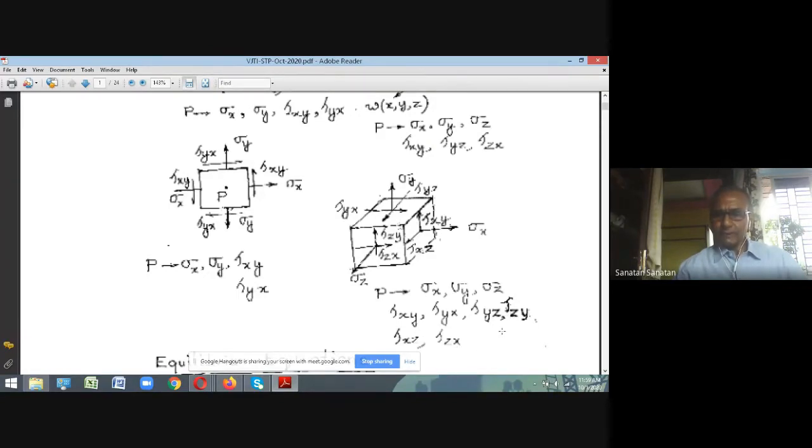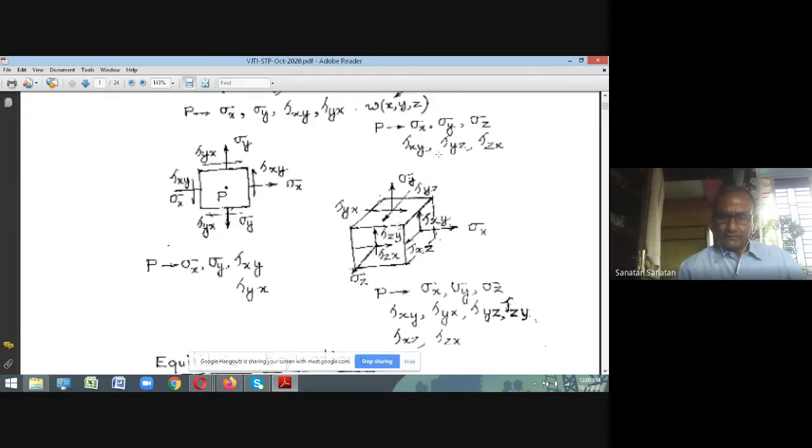Shear stress on this x face can be parallel to the y axis. That's why the vertical stress shown there is nothing but tau xy, and the other stress acting on the x face in the positive z direction is tau xz. So in 3 dimensions, on a face you are going to have 3 stresses: 1 normal stress and 2 shear stresses. Exactly the same way, consider the top horizontal face,